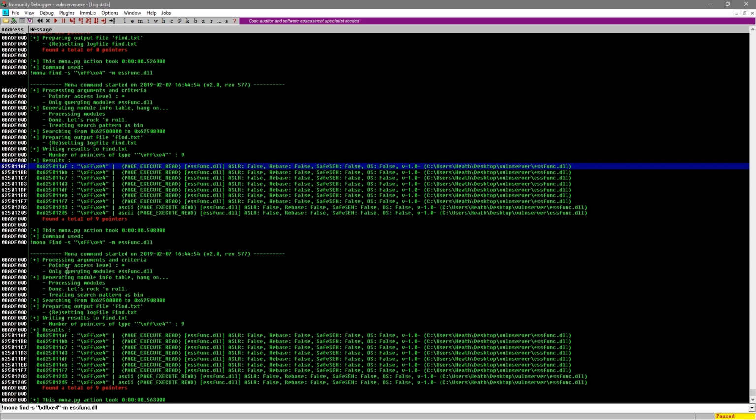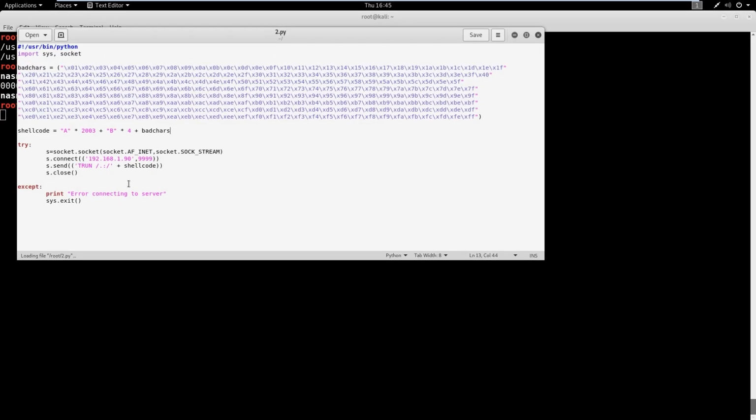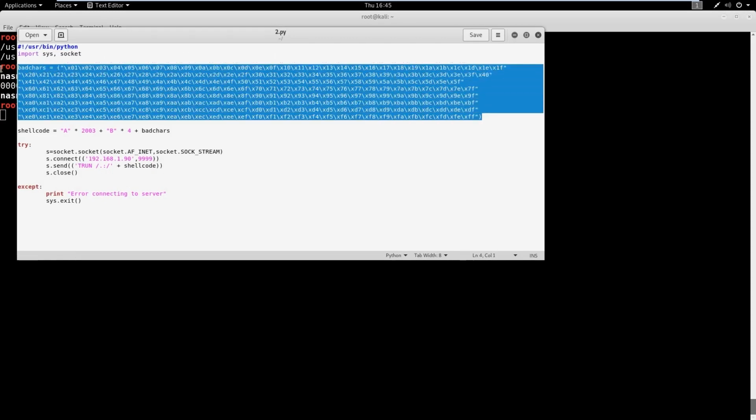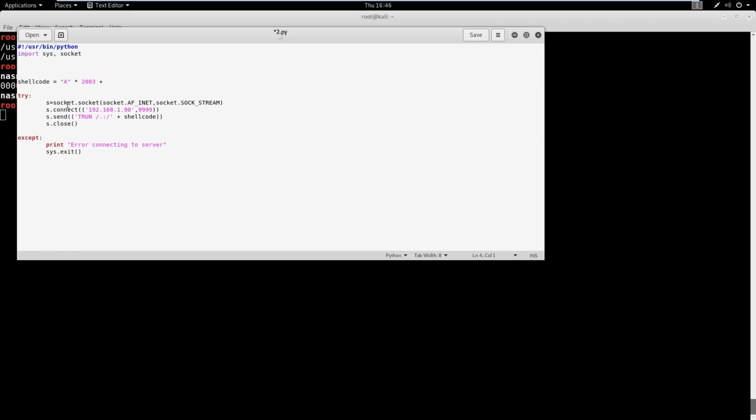Now with this information, we're going to go into Kali. We'll just type exit here on this NASM shell, and we need to edit our Python script. Whatever Python script you're at, I'm still on 2.py, go ahead and open that up. Let's delete out the bad characters because we already found those. Now we're going to delete out this B4, and write in what our return address was. Remember, it was